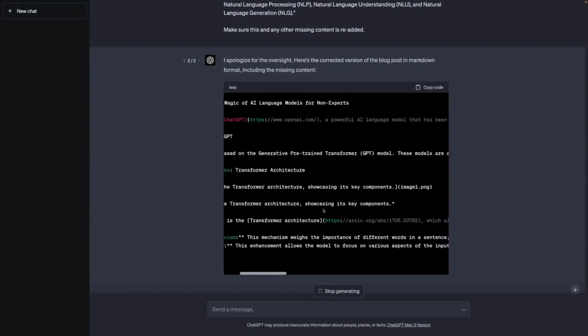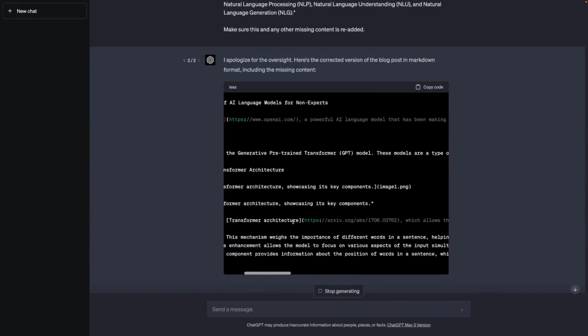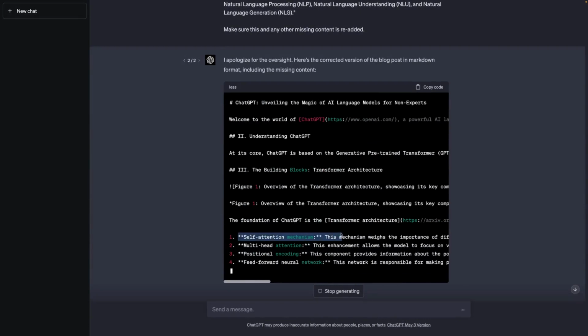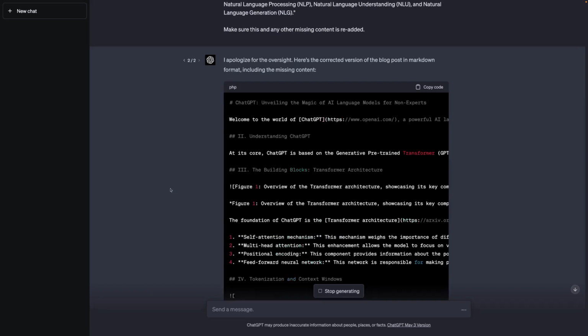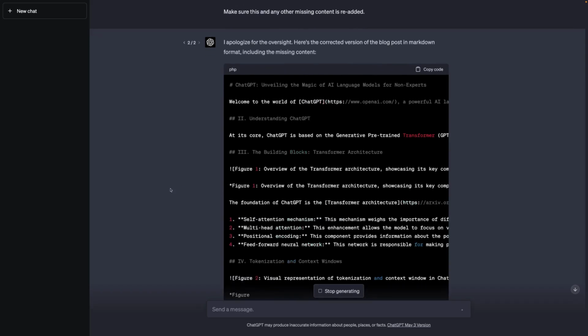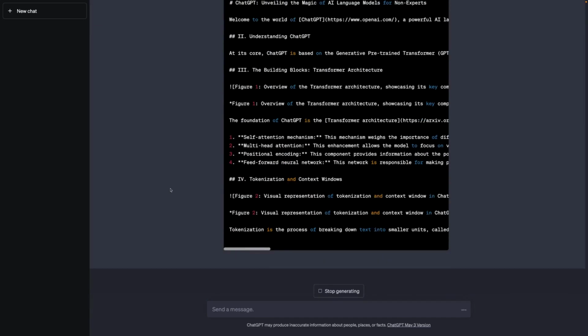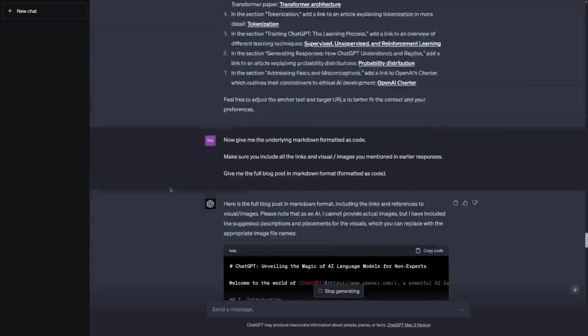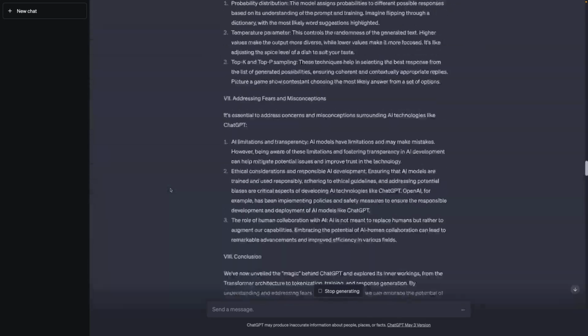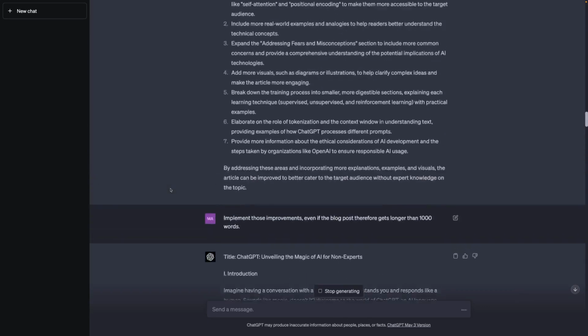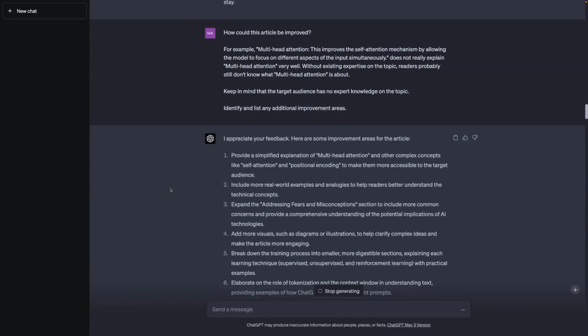Now here, as it's generating this response, I can tell that these explanations for the self-attention mechanism and so on still are off, so we're still not getting there. And I'm showing this in great detail because this is absolutely something that can happen when working with ChatGPT. Especially if you're getting a long chat history like this one, ChatGPT tends to forget things and mix things up. And that's why you should not blindly rely on its output. It may contain errors, like here, where it's continuing to produce wrong output, or to be precise, not the kind